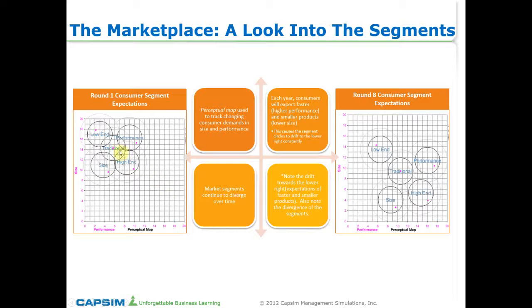Okay, it's important to note that as the game goes on, our customers' expectations change. This is going to be at the end of 8 rounds, right? Here's where our customer expectations are. Here's where we start. Okay, if you don't move your products, you do that in the research and development. If you don't move them to keep up, okay, it's going to be difficult. It's also very easy to see that that's far more important in the front end here, these 3 products, than the traditional and the low end. These ones move a lot slower, especially the low end. Okay,